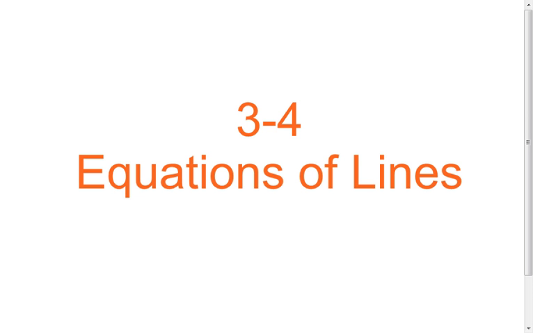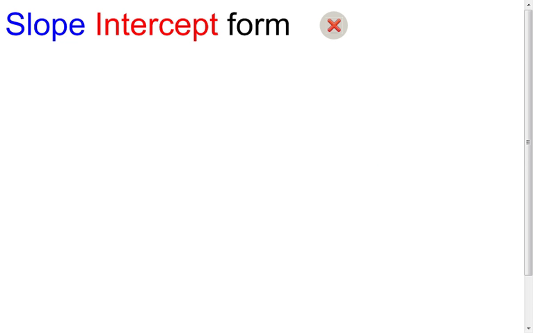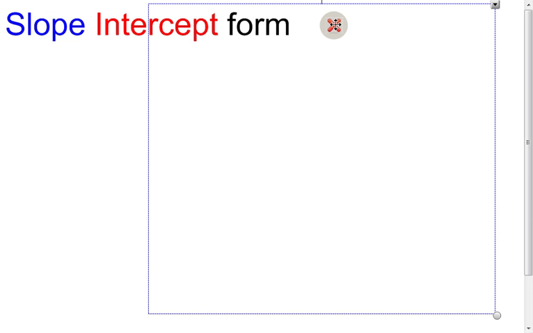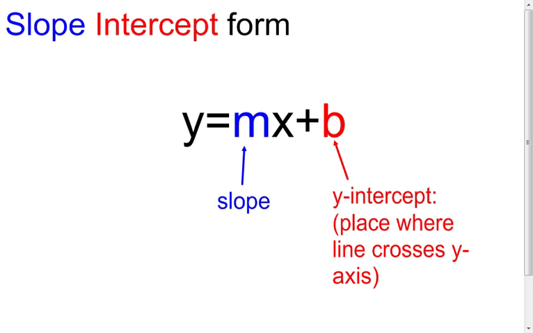We're going to talk about equations of lines, and we're going to look at three different forms of those equations. The first form, probably the most common one, the most famous one I'll call it, is called slope-intercept form. The reason it's called slope-intercept form is because in the equation you actually see the slope and you see the y-intercept. Now remember, slope, talked about earlier, your rise over your run, calculating that, and then the b here,